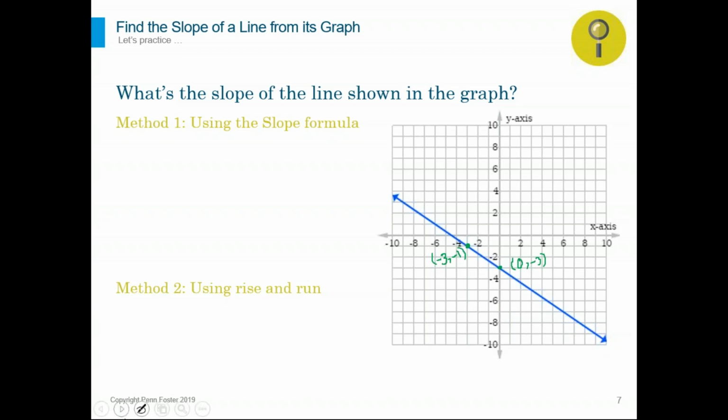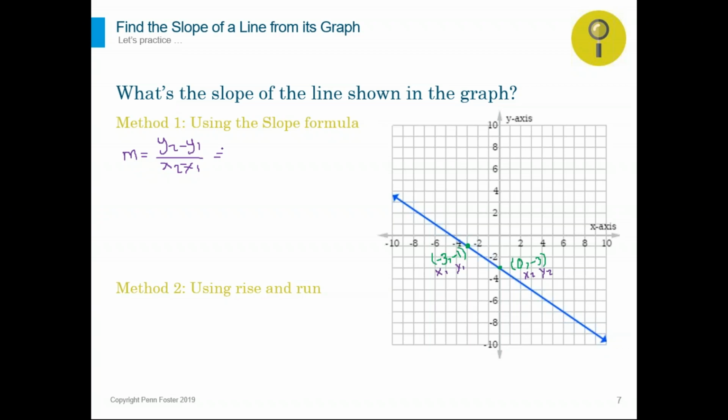I'm able then to go ahead and label them and use the formula right away. I'm just going to go from left to right. I'm going to call this x1 and y1, x2, y2. You can choose to do the opposite. It's up to you. Write down the formula, m, or the slope, equals y2 minus y1 over x2 minus x1